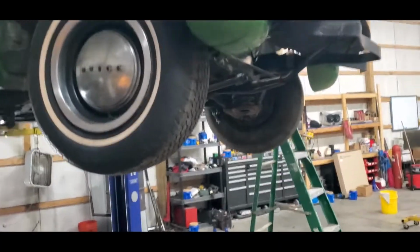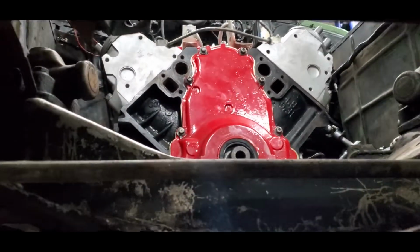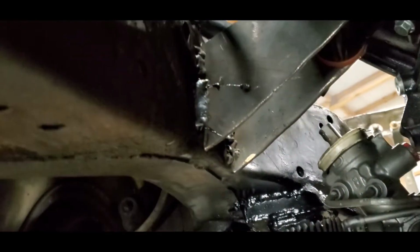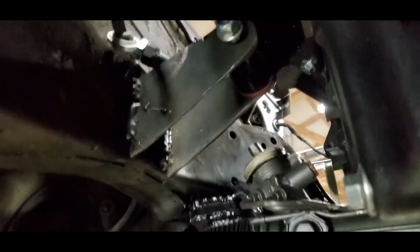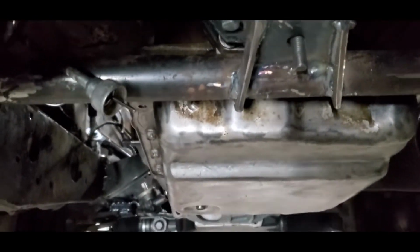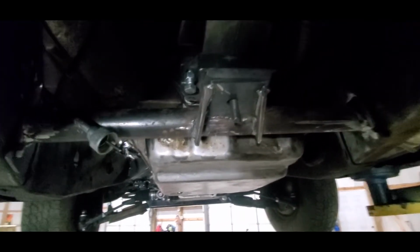Okay, out here working on the Buick again today. We've got the motors actually setting in it. Here's the mounts. They're not finished, they're just tacked in. And then here's this one. And then this morning I came out and was working on a cross member for the transmission. Let me back this thing off a little bit. There we go. So it's not